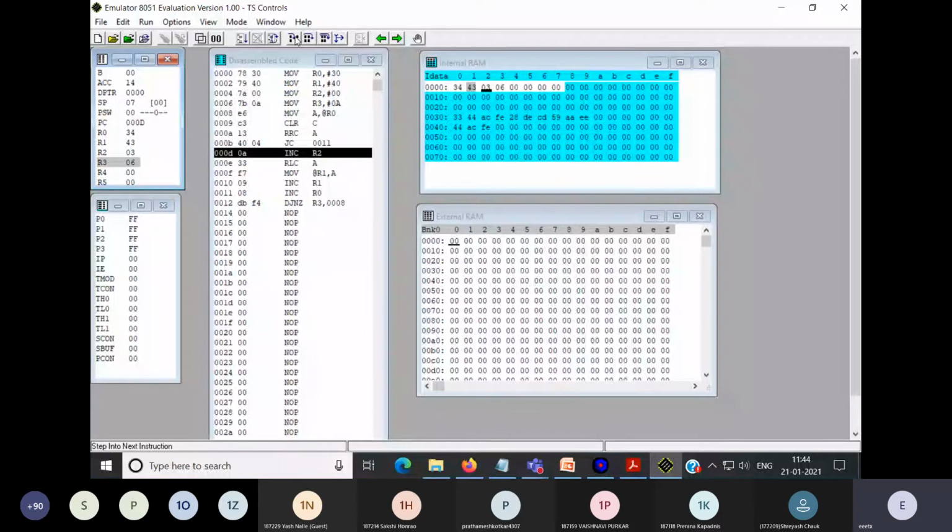So it will take each number, it will rotate each number, it will check whether it is even or odd. If it is odd, it will skip. If it is even, it will separate the number. So here you can see from 40H onward, you are getting some even numbers. And how many even numbers you found, that count value you will get in R2. It is 6 now.